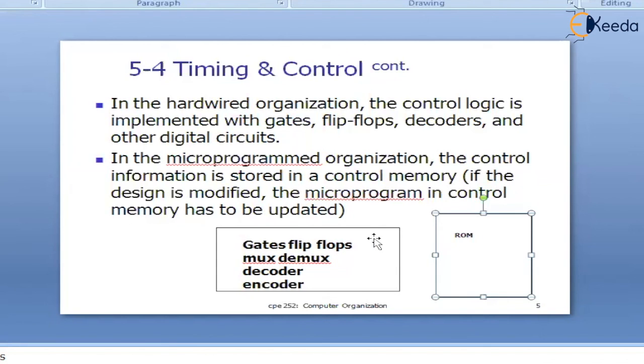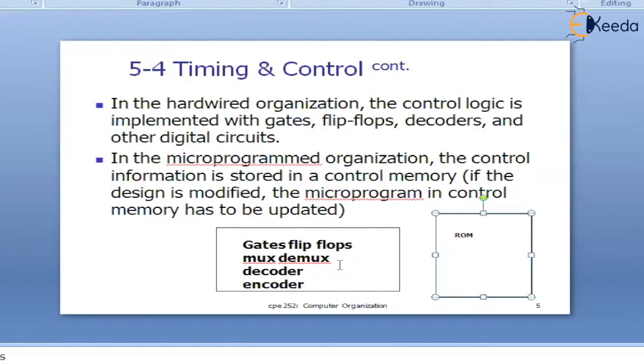But the problem is the hard-wired control unit can never be updated. For example, tomorrow you want to update the system. If you have a hardwired control unit, you can't update the system at all, because it is realized by a hardware combination. You would have to identify and define an altogether different control unit mechanism. But with the micro-programmed control unit, you simply replace this ROM with another ROM, as simple as this, which has the updated code.